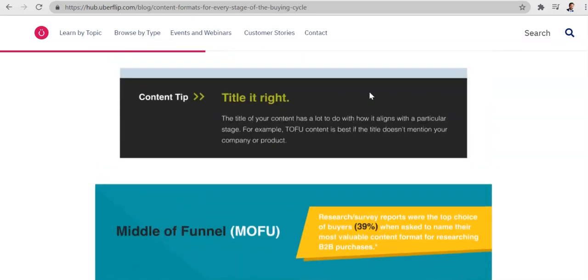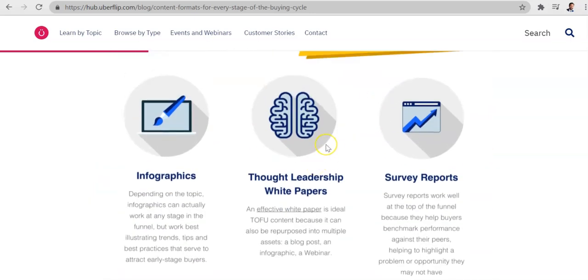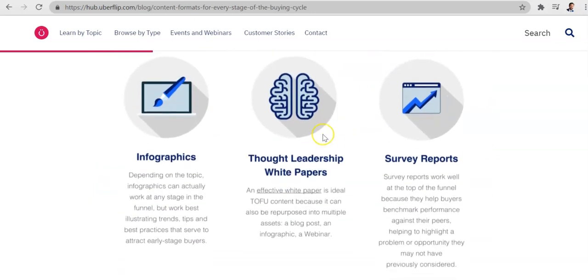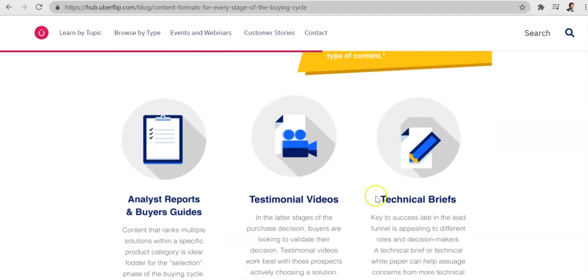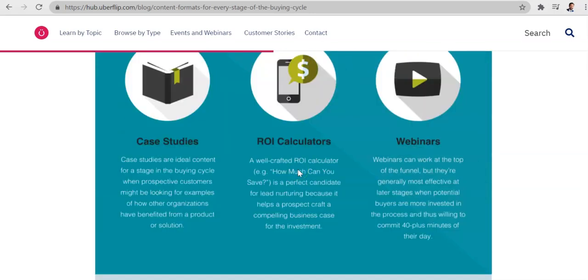A lot of people start way too high with thought leadership. And the problem is that it just takes forever to trickle down into pipeline revenue. But if you start here, you can at least hit the low-hanging fruit, the people that are in market for a solution and they're looking for comparisons, they have purchase intent. You're more likely to generate qualified opportunities by focusing here rather than up here.